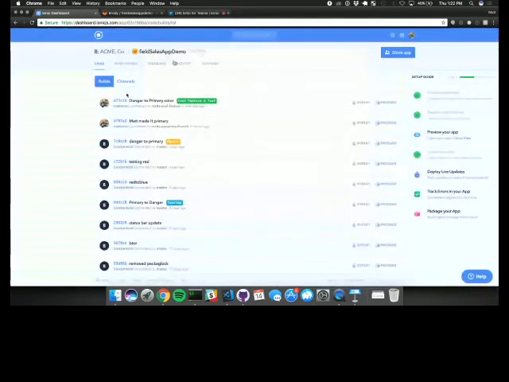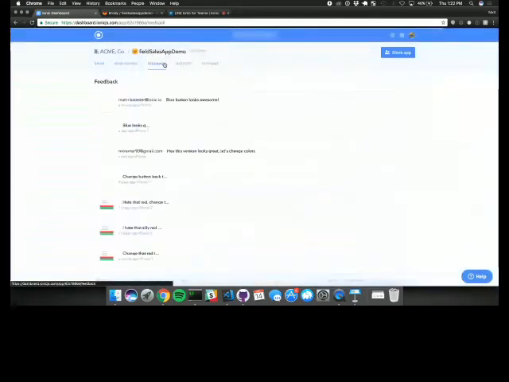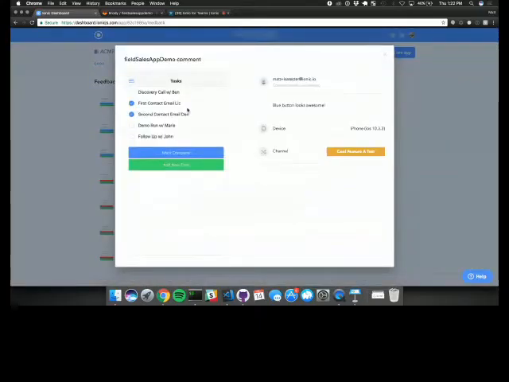Now let's back out here and go over that feedback tab. I just want to show you guys what this looks like too. This feedback system sends back the screenshot that the user was currently looking at, their email address, the message they sent you, what type of phone and operating system they're on, as well as the channel that they were looking at. So you can come in here and monitor for feedback from your users as well.